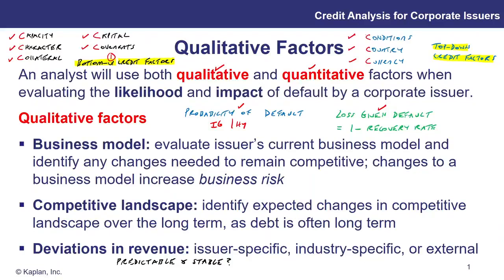We're going to talk about the loss given default as a percentage, and that's going to depend a lot on the recovery rate. So if the recovery rate here is only 30%, then the loss given default is going to be 70%. And that's going to depend a lot on the ranking. So if you've got a senior ranking or some sort of collateral or security, you're going to get a lot more back. If you're much more junior or subordinated, you have to wait in line, and your loss given default will be far higher. Let's check out the factors then here that are driving PD and are driving loss given default. Well, starting off then here with the corporate